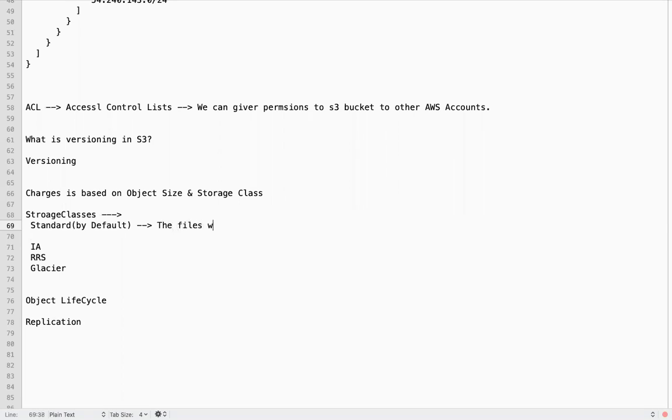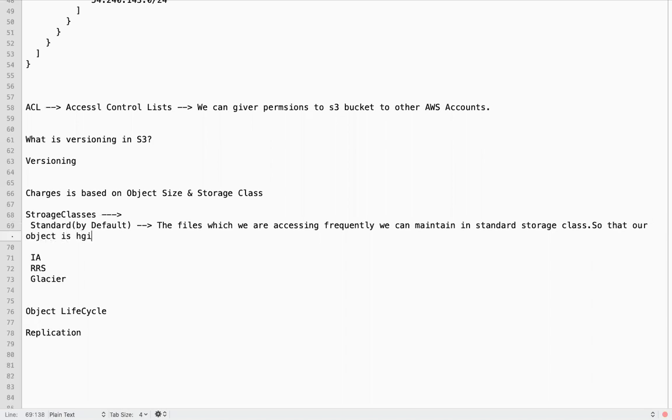The files which we are accessing frequently, we can maintain in the standard storage class, so that our object is highly available and you will get better performance with fast retrieval.